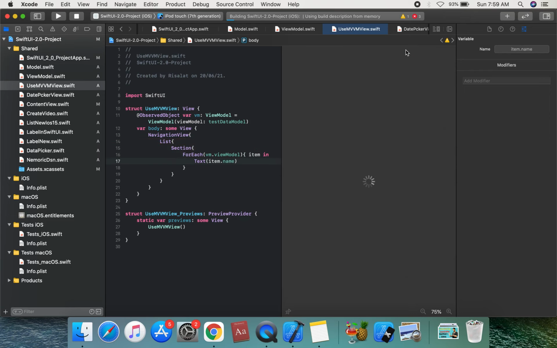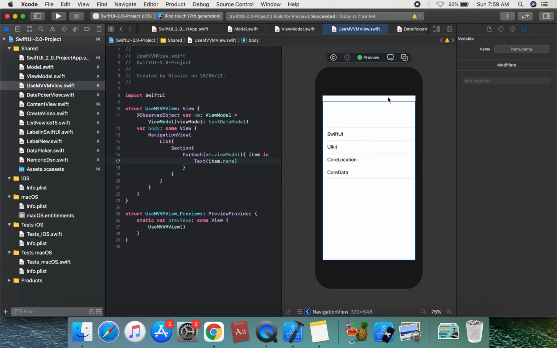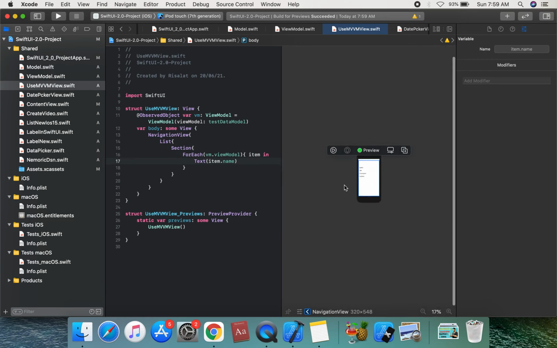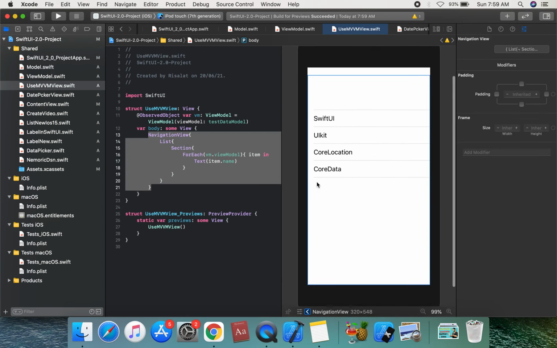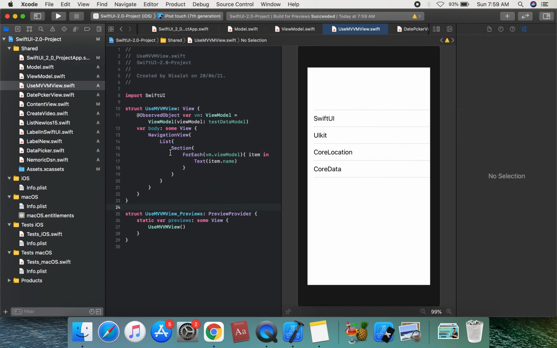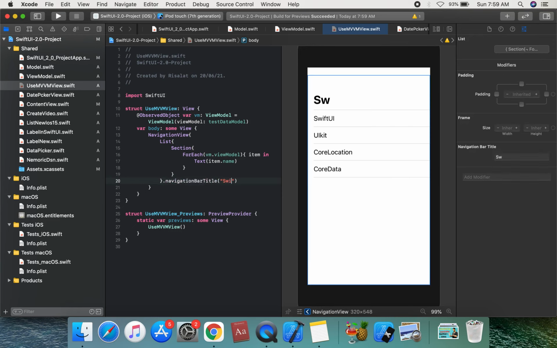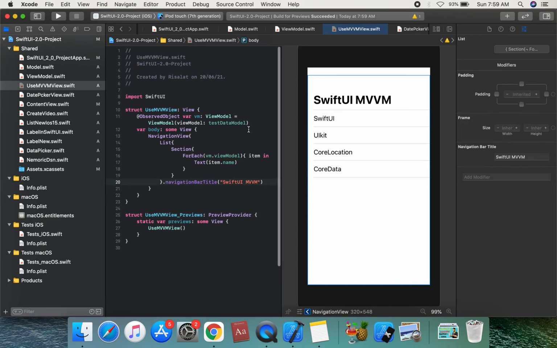We can try again and run the UI. This is a refresh of the UI. SwiftUI, Core Data, Core Location, and Core Data. We can make the element accessible. Suppose we apply list.navigationBarTitle, SwiftUI MVVM.